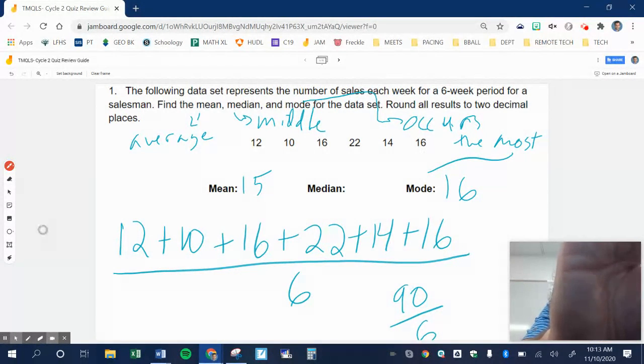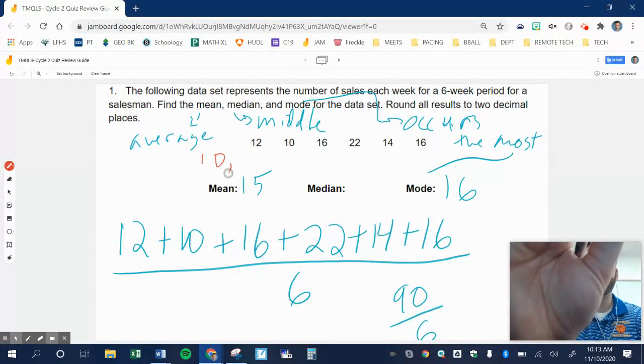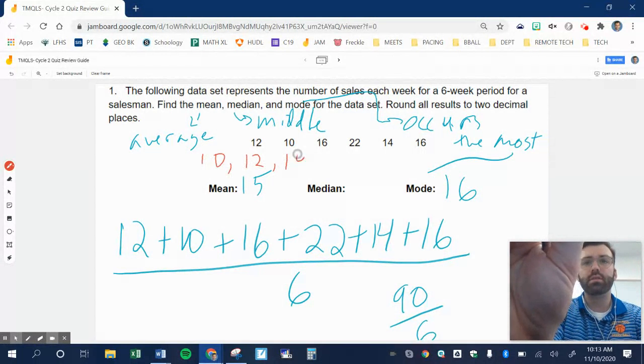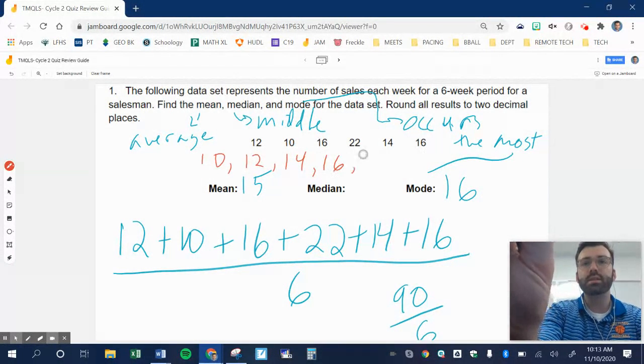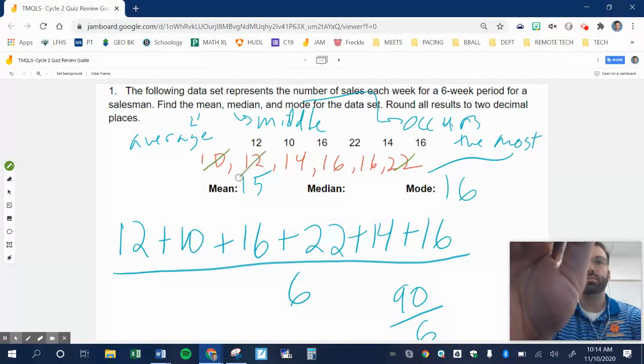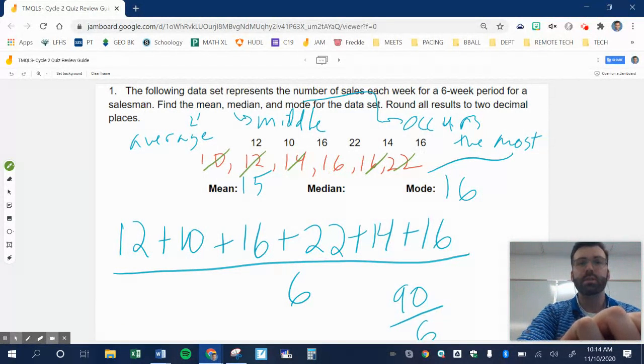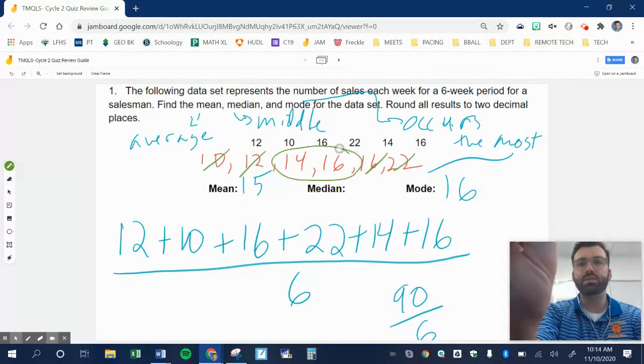The median is a little bit different. I want to rearrange these numbers from smallest to largest: 10, 12, 14, 16, 16, 22. Then the median is just the middle value. What I like to do, if you recall from our notes, is scratch off one at the beginning and the end. Beginning and end. When this happens, I want to find the middle or the average between our two middle numbers. So I want to find the average between 14